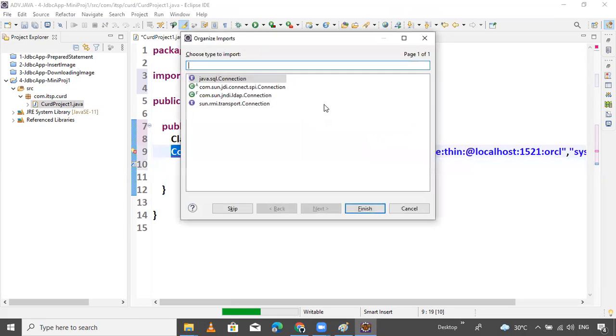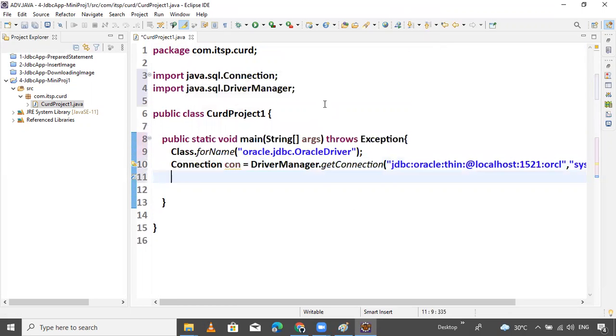Import the connection. Okay. Control Shift O for importing. That's it. Next, PreparedStatement pst. Why? Because I will use PreparedStatement again, the fourth time I will use it, so it is better to declare